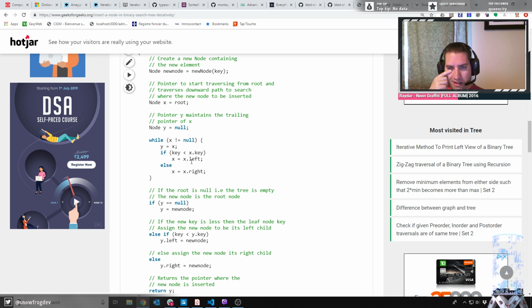You do that, and then you end up at the end with, okay, so basically Y is the parent. That's what they mean by the trailing pointer. I probably wouldn't need that. I already have a parent property on my nodes. But anyways, so that's how you recurse and get down to